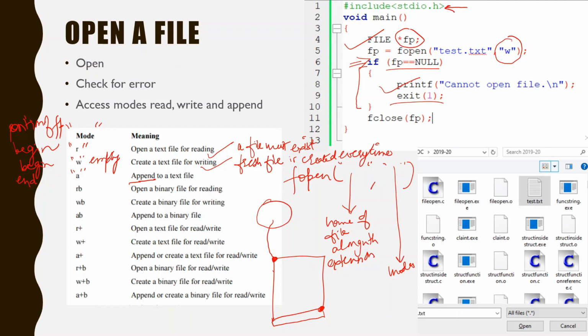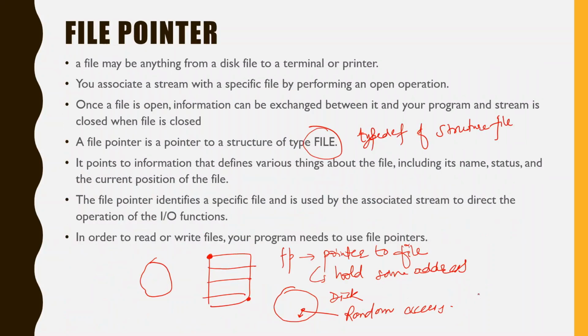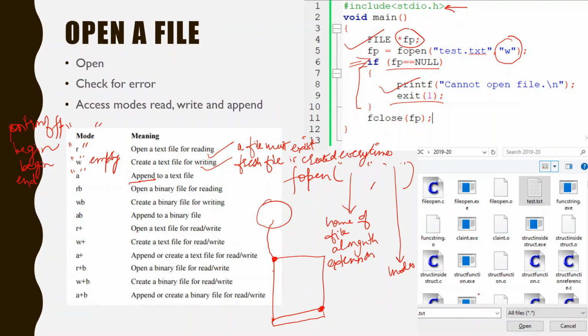Okay, now these are the three modes when you want to access the file in the form of text. Okay, so there can be two modes of the stream. Here you can see that there can be two modes of the stream, that is text mode and binary mode. So here the content that can be read and written is in the form of text, that is in the form of ASCII characters, and if it is in the form of binary, it is in the form of bytes. Okay, so in these two modes, any file can be accessed. So these were the three modes of read, write, and append in the text mode.